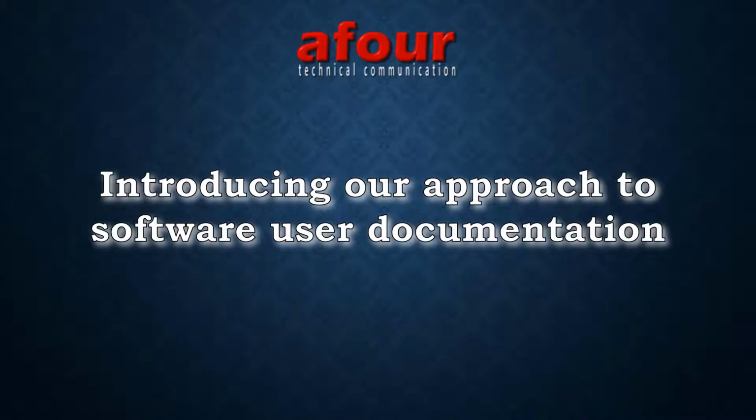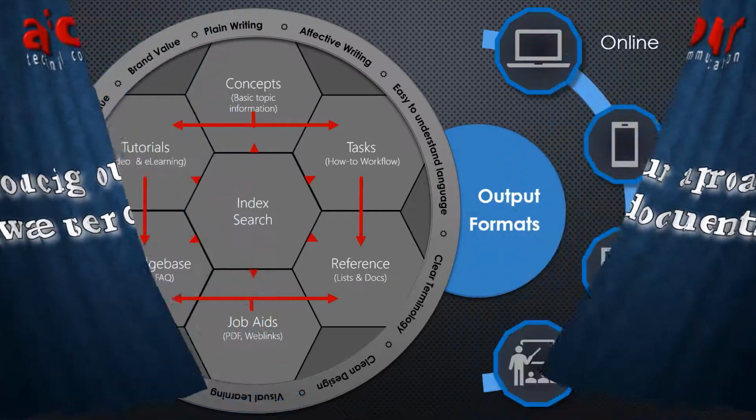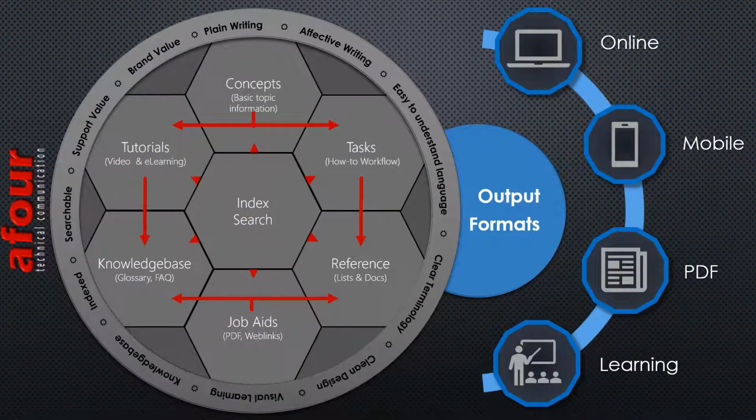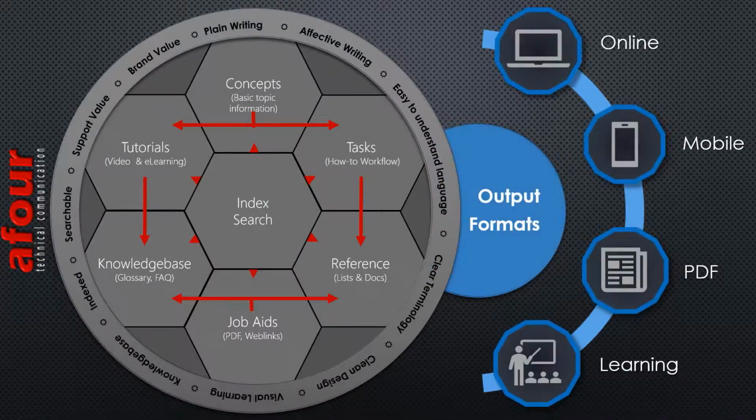This video discusses the evolving trends in the software user documentation industry. These individual trends abound around the world today, but if converged into a single documentation platform, it could be seen as a game changer. The framework of the documentation is constructed in three main parts, one being the content, which consists of 7 concept types, the second being the style representing brand, layout and readability, and finally, the output produced